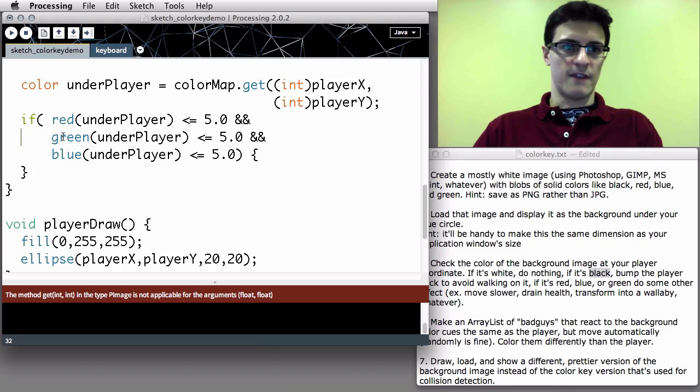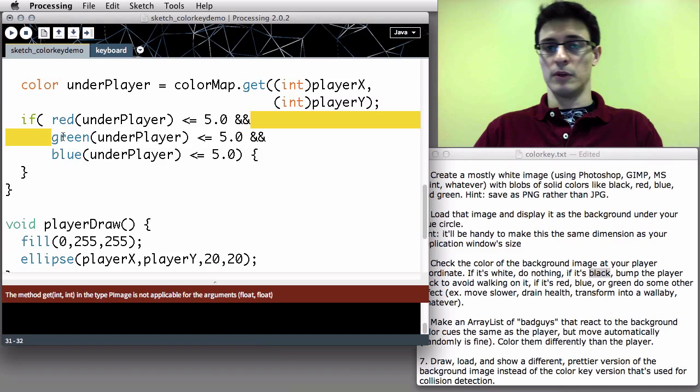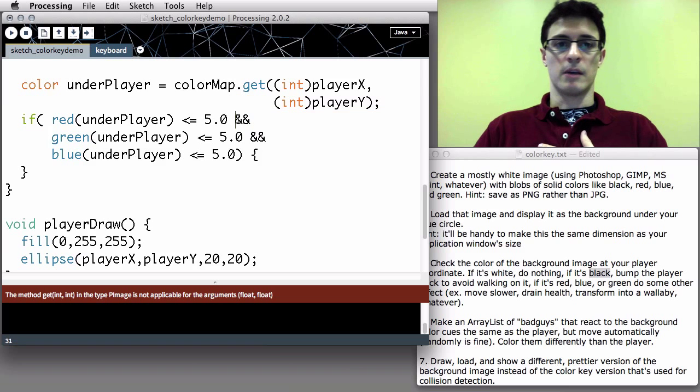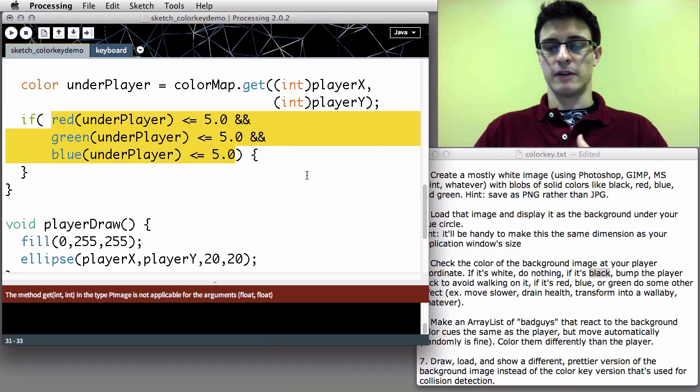As always, remember it's safe for me to do new line breaks like this because code doesn't care about white space. It can't tell a space from a new line from a tab. It's just how we stay organized. The double ampersands mean that all three of these statements must be true. The pixel under the player must be less than 5 red, less than 5 green, less than 5 blue, 5